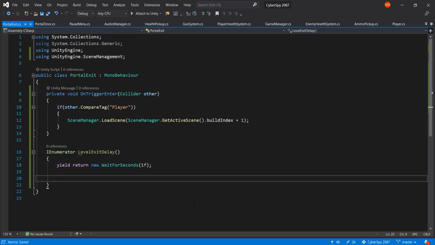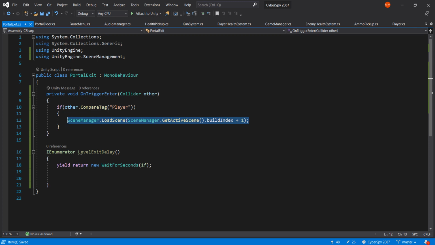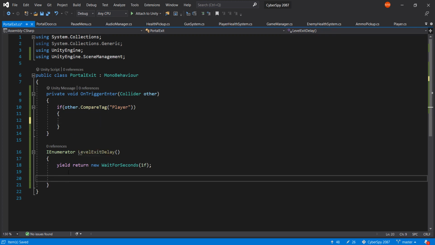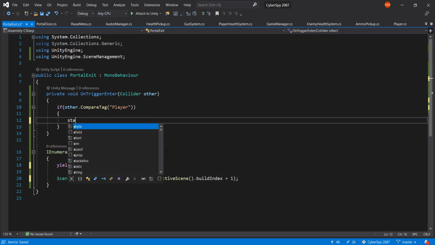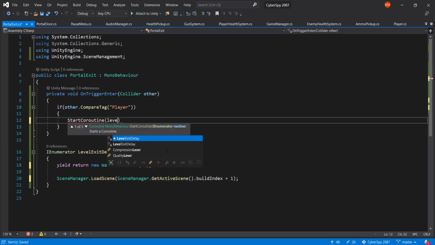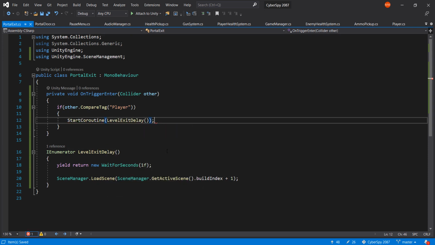And now we're going to actually go ahead and use the scene manager to load, and instead in here we are going to start the coroutine, which is the level exit. Very nice. What we want to do is we actually want to start controlling the time scale of our game. Now, why do I want that? Well, because